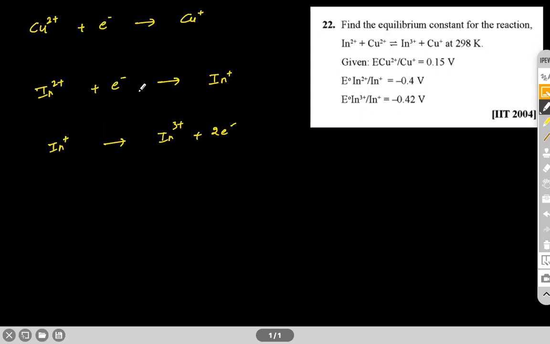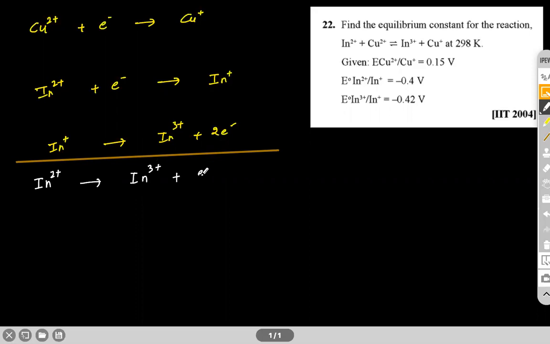Obviously we cannot cancel out this electron, because in order to do that, In+ will still be present in the reaction. So we'll simply add this reaction so that In+ will get eliminated. When we add these two reactions, we get In2+ gives